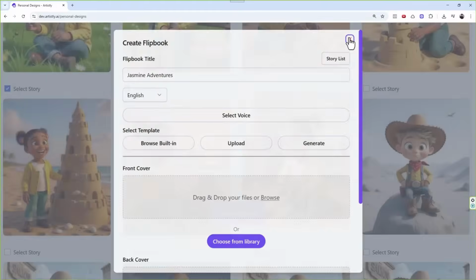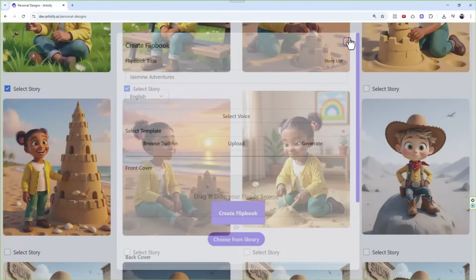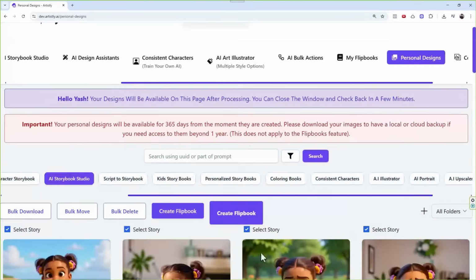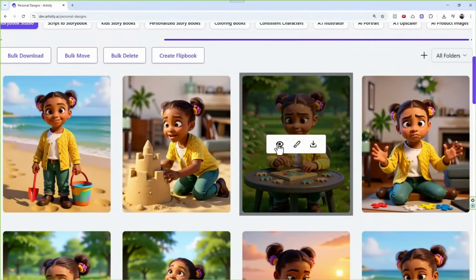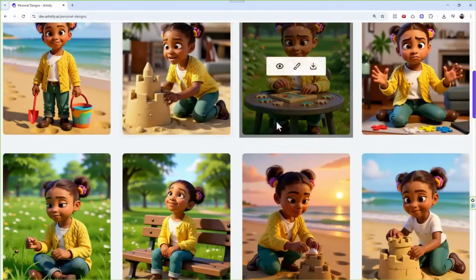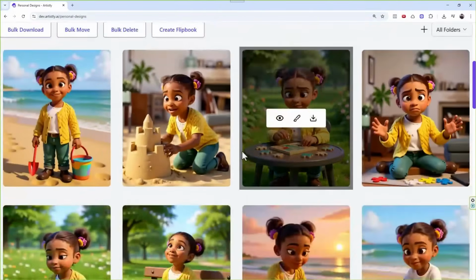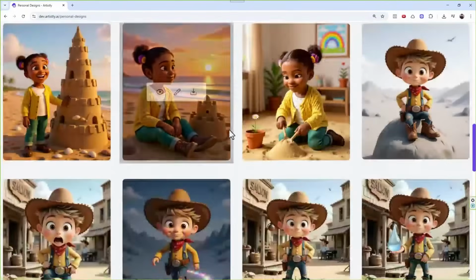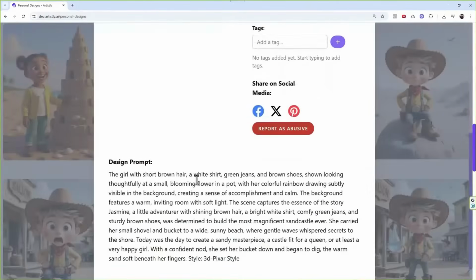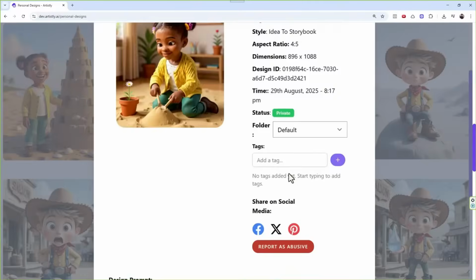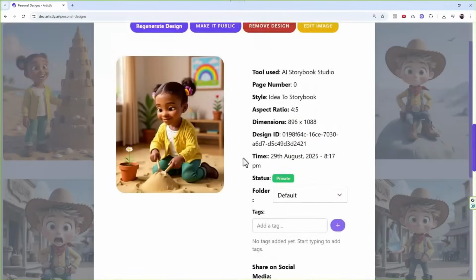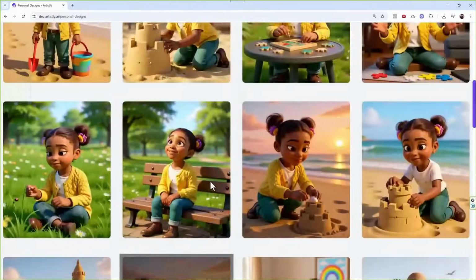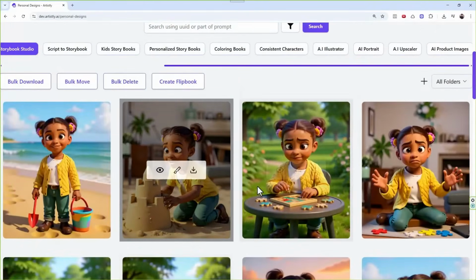Now, one thing I want to mention here, which is very, very important: you're not just limited to this. That's where I wanted to make sure. You now have the power, because you have the prompts, like the girl with the short hair, everything. You now have the power to take these prompts, and if you want to create separate images